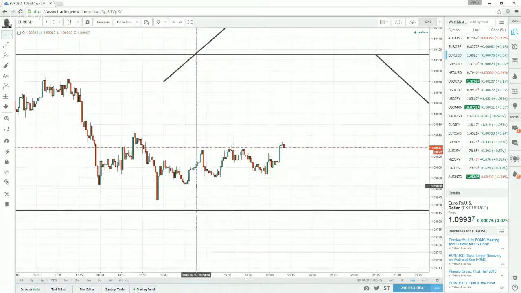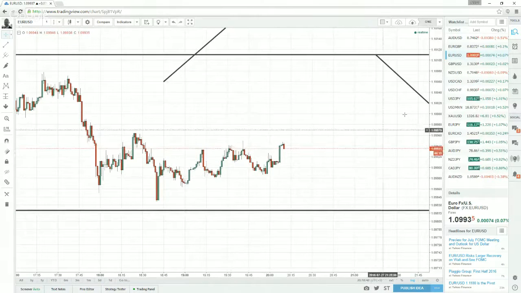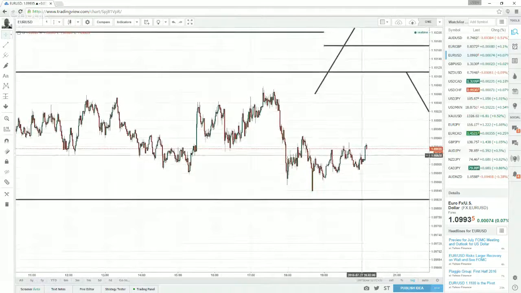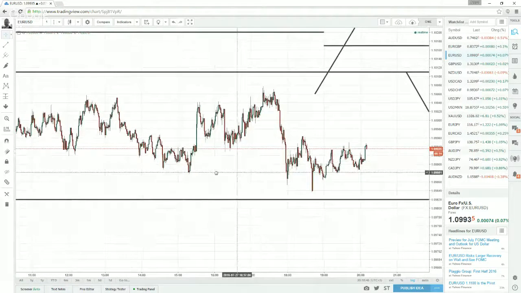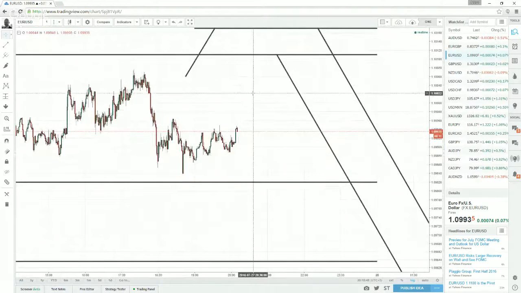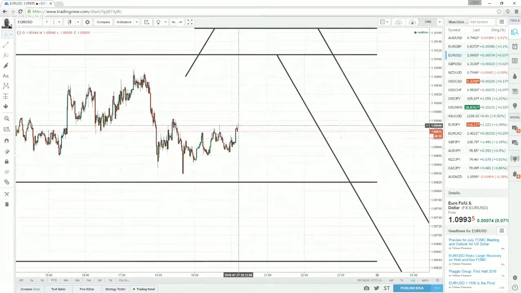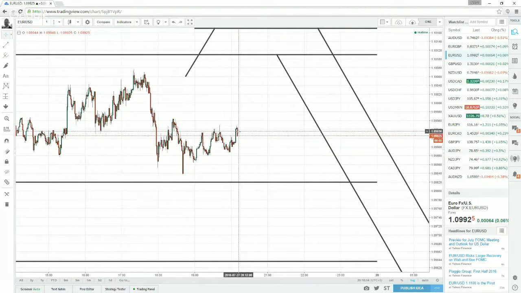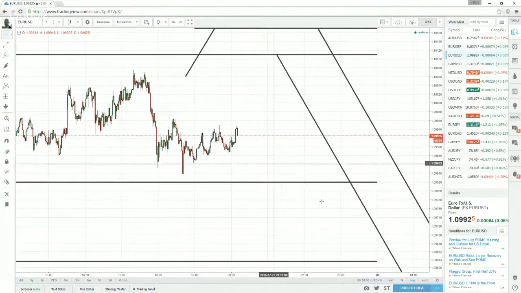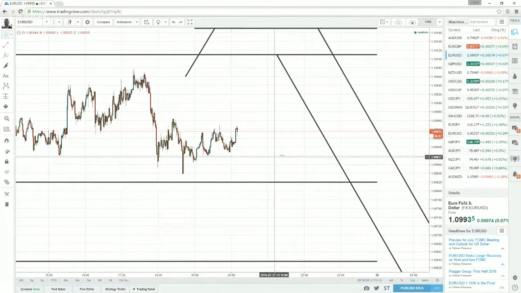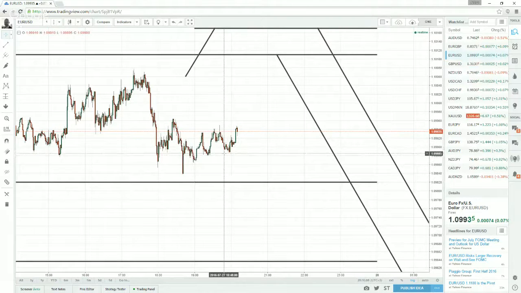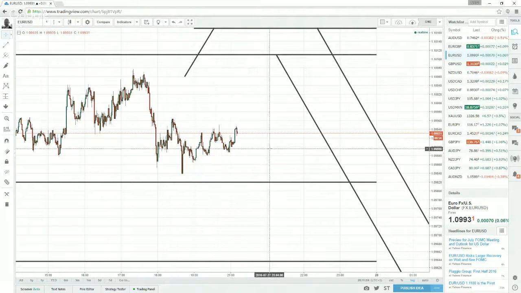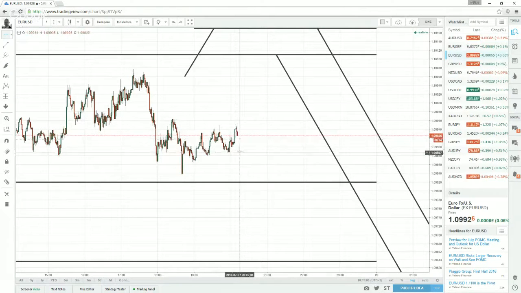Okay, so what are we doing here? As you can see, with Euro, in case the Fed is going to raise interest rate, then the price is possibly going to go down. I mean, sometimes, as you can see in the past, especially the nearest past, not always it does work this way.